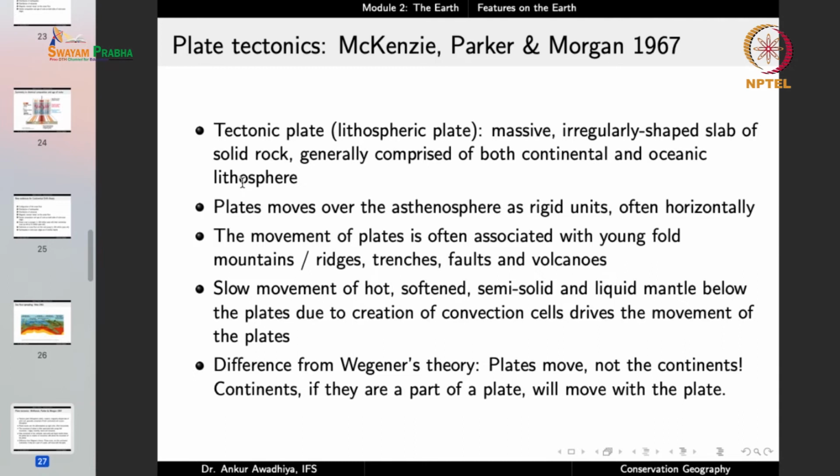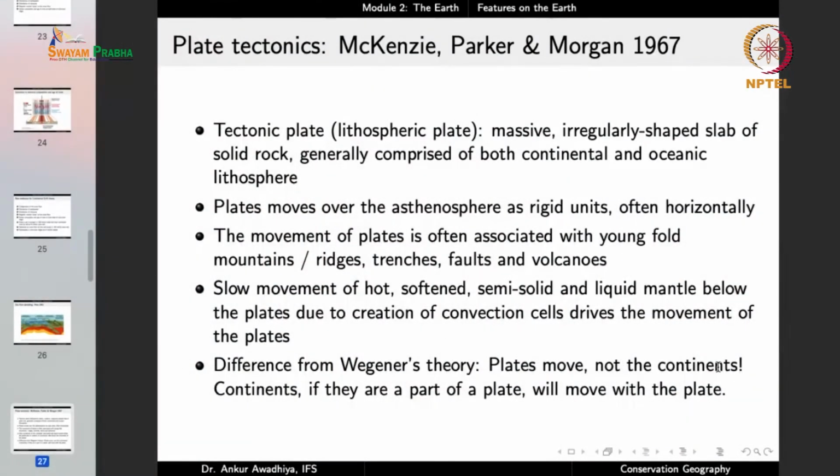Now, here you can note a subtle difference between the plate tectonic theory and Wegener's theory of continental drift. In Wegener's theory, we saw that the continents are moving, not the oceans. But the plate tectonic theory states that any plate can move. And if there is a continent on the plate, then that continent will move. If there is oceanic crust in that plate, the oceanic crust will also move. So it is not necessary that the oceans will remain as such and only the continents should move. So the plates move, not the continents, and the continents, if they are a part of the plate, will